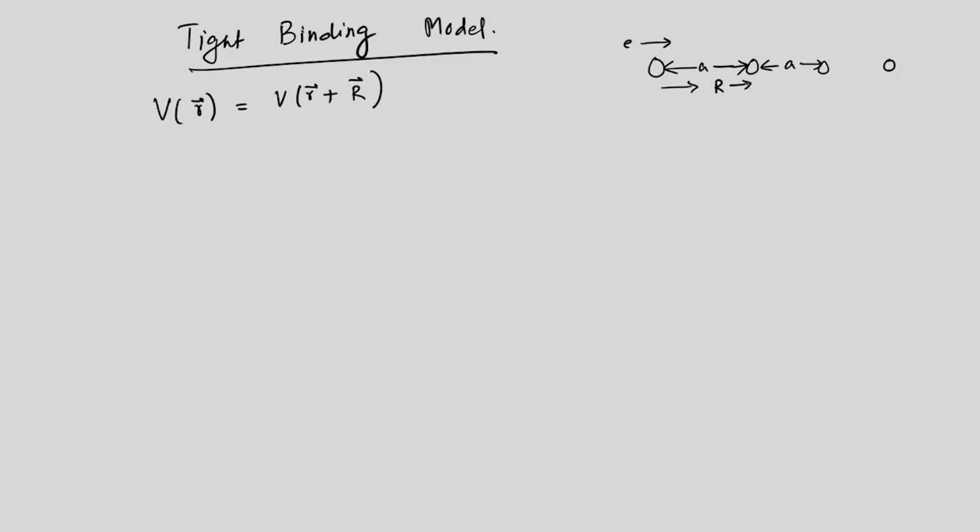So R vector is equal to a R cap, or you can write it simply as x cap. Okay, so this is called a periodic potential, and Bloch has said that the wave function of a particle